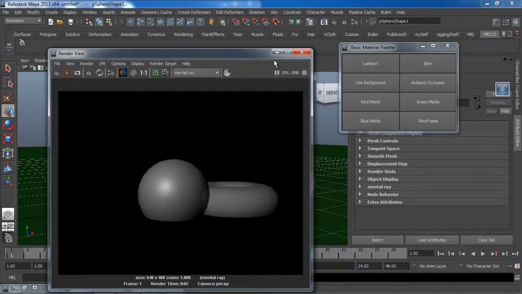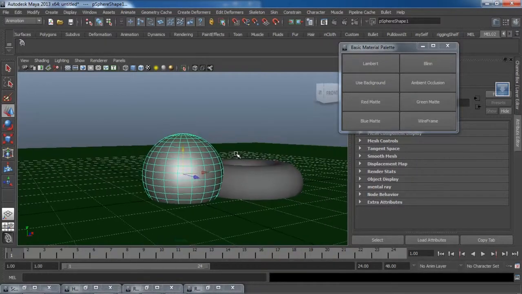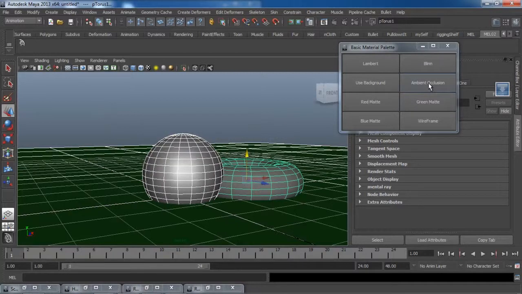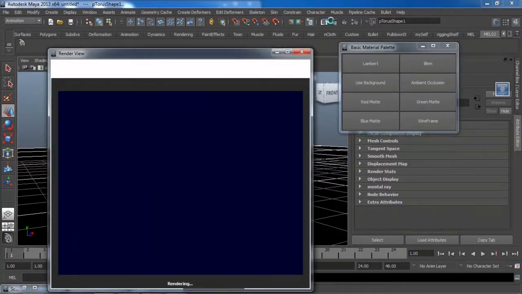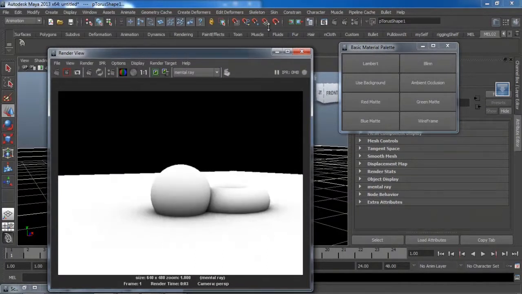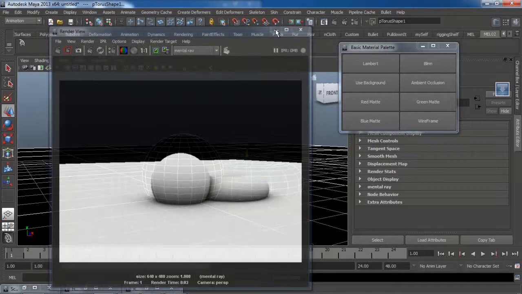Blend has been applied, and these are some basic shaders we normally use in our day-to-day life at the studio. Apart from that, we can select all the objects and click on the ambient occlusion button and then render it. Just by clicking once on a button, we can have ambient occlusion.